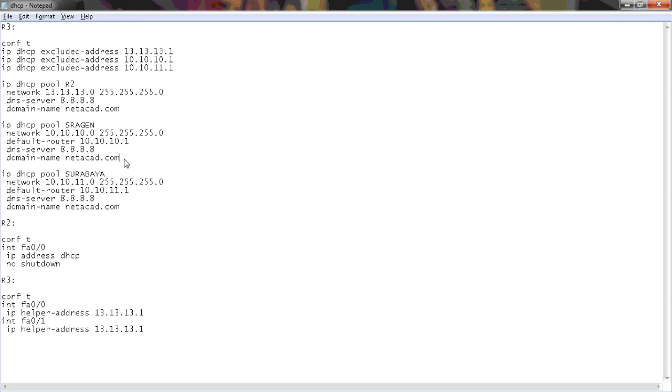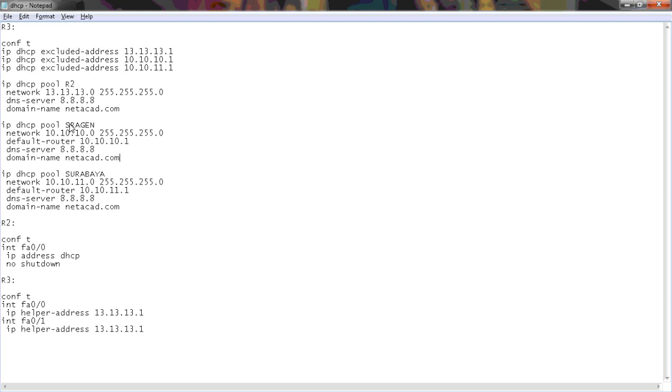Then we need to configure the second pool for the Sragen LAN on R1. This is the configuration: IP DHCP pool, the pool name is Sragen, and the network is 10.10.10.0 with subnet mask 255.255.255.0.